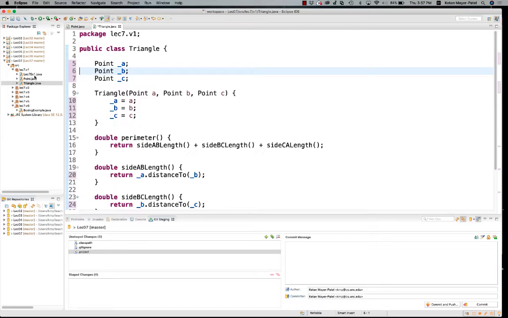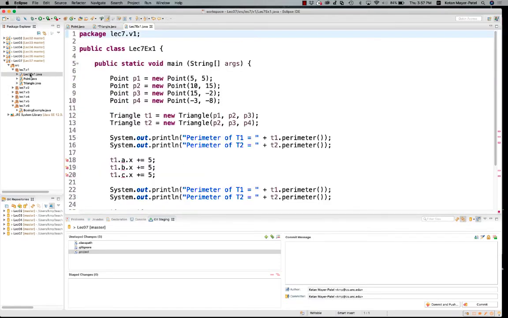In particular, I could write, so here's a different class in the same package. It's a little example program. So it's a main method. And we can see that we've created some points. So I have point P1. I'm using the point constructor to create 4 points with various x, y coordinates. Great. And I'm using those 4 points in various combinations to create 2 triangles. And if I run this,